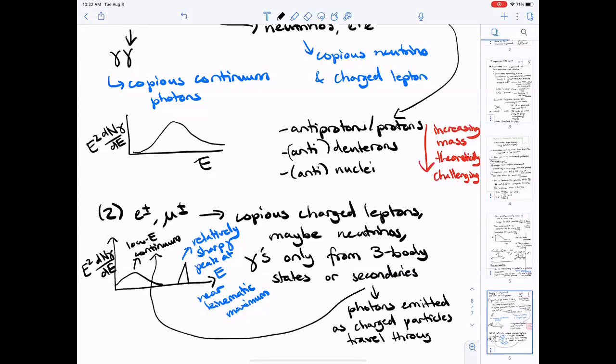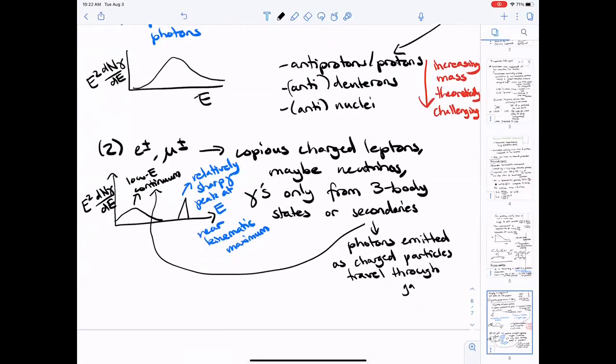So in this case, we can look directly for the electrons and positrons, or for the neutrinos produced from the interaction. But from the photons, we have these two contributions: this prompt contribution coming directly from the interaction, and then this delayed contribution as the particles propagate through the galaxy. For the second one, we need to understand how those charged particles propagate. So that's an extra level of complication in the prediction.